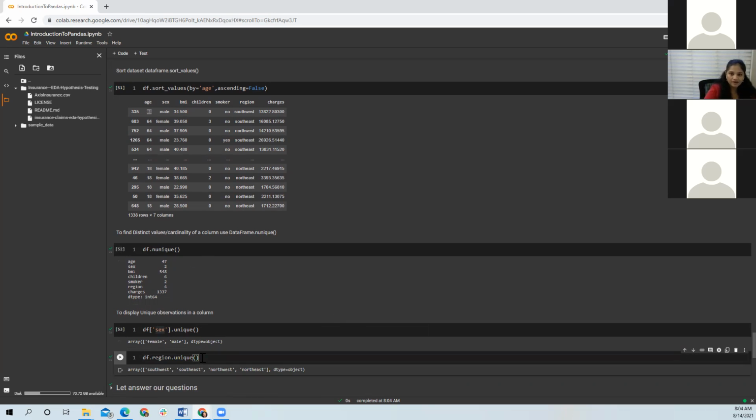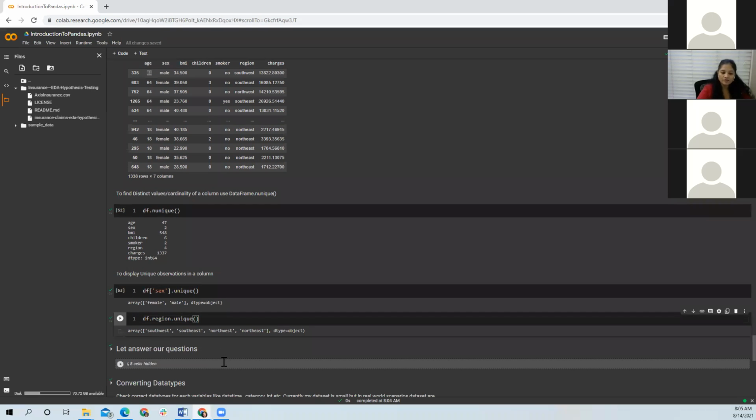These functions are really very helpful if you have a very large data set, like the housing data set I mentioned, which has 100 columns. In that case, out of those 100 columns, maybe 50 are numerical and 40 are string or object types, and each of those 40 has maybe 10 different distinct values. So functions like unique and nunique help us find out the cardinality of the columns, how many distinct values each column has.